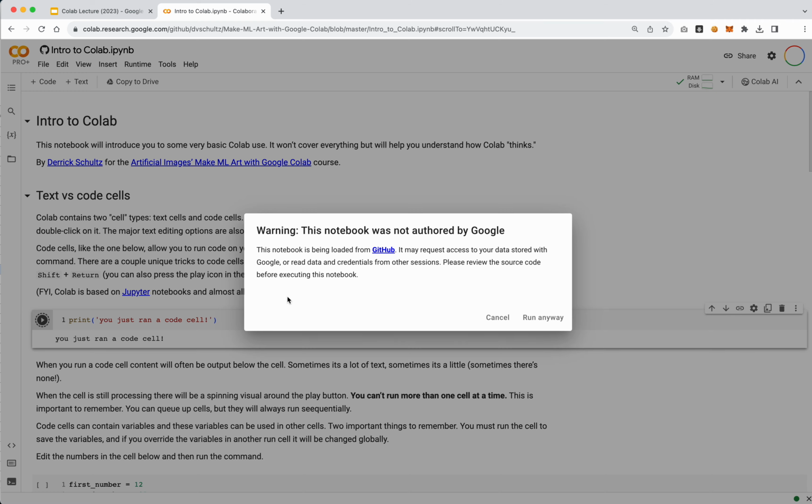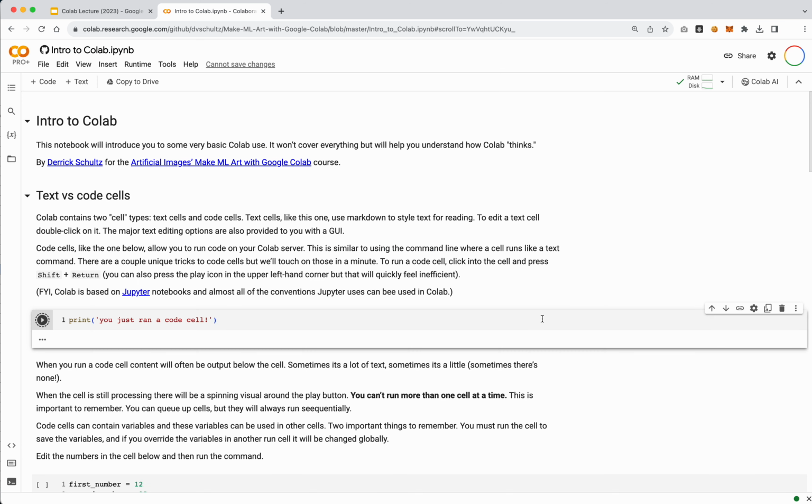Now, if you hit play, it's going to probably tell you in most cases that this notebook was authored by me, either my Gmail account or my NYU account. Maybe in some other case it'll say something else. Now, the thing to know about is this does ask for access to your Drive account or other things. So if you open up a random notebook, there are ways to have security issues with those notebooks. So in general, I would say, don't open a notebook I don't give you unless you know what you're doing. Go ahead and hit run anyway.